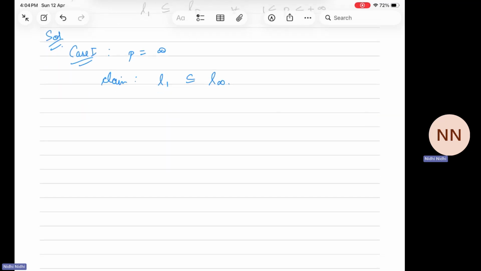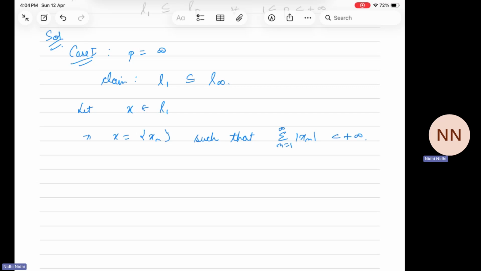In order to show that a set is a subset of some other set, what do we do? We start with an element in the smaller one. Here we will start with an element in L1 and show that this should be in L infinity. So let x be an element in L1. Since x is an element in L1, the space of sequences, that means x is a sequence xn such that